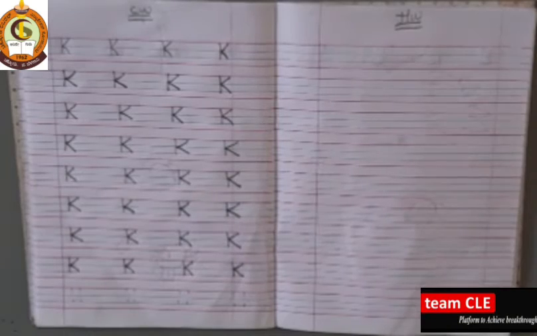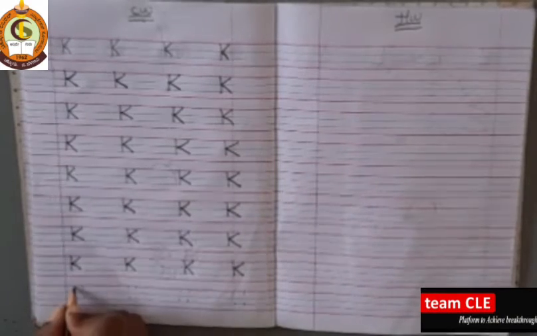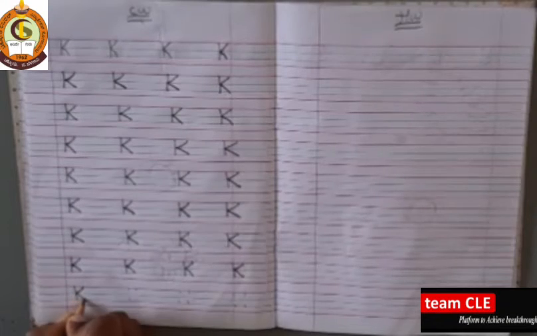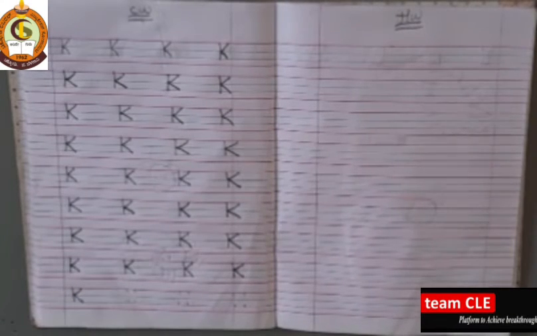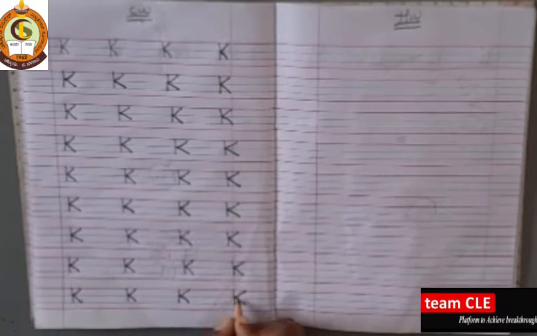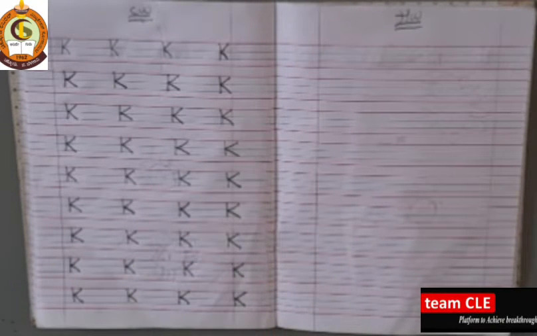K for key. K for kangaroo. K for king. K for kite. K for key. So like this you have to say the letter and you have to write it.